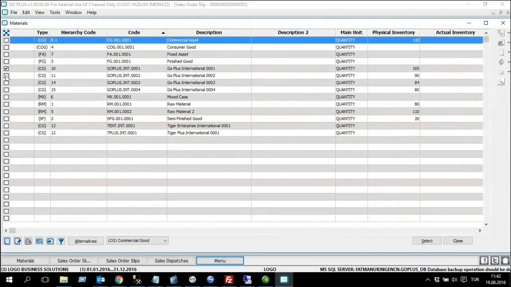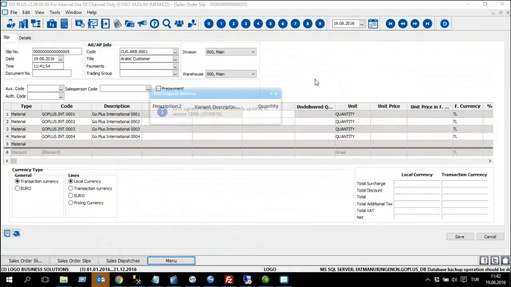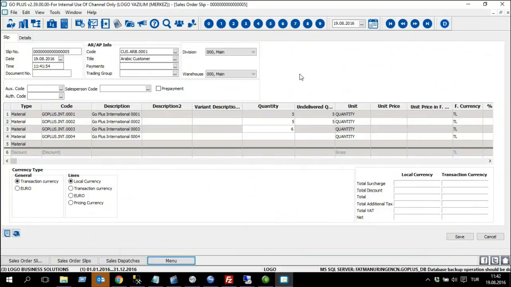So let's have an example. I would like to sell 5 from these, 5 from these, 6 and 7, at a unit price of